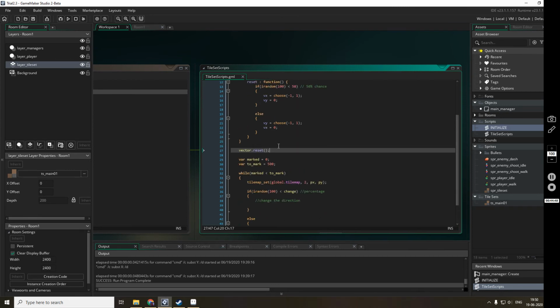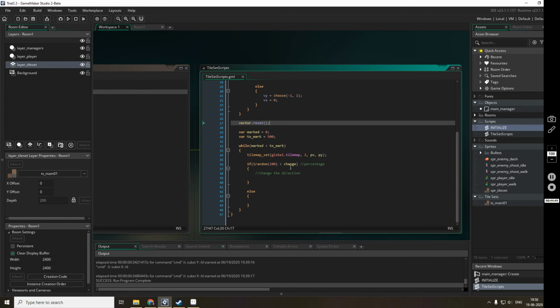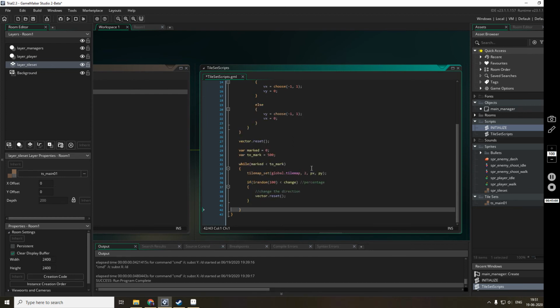Okay, and now if change, if I have to change the direction, I'll reset the vector, and I don't need else, because even if we change the direction, we can still go in the new direction, right?